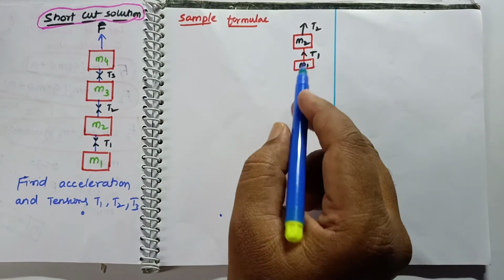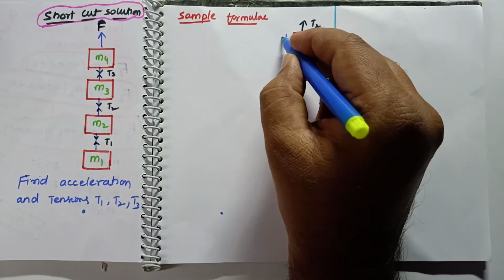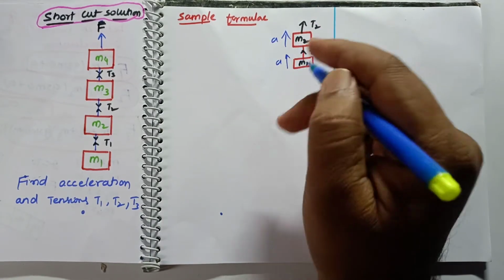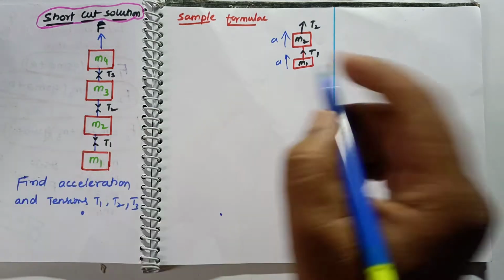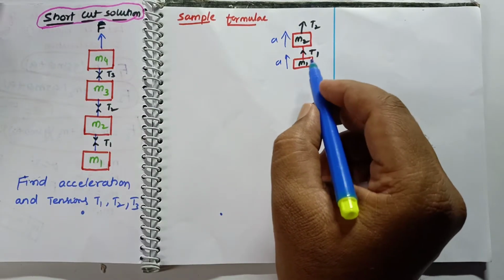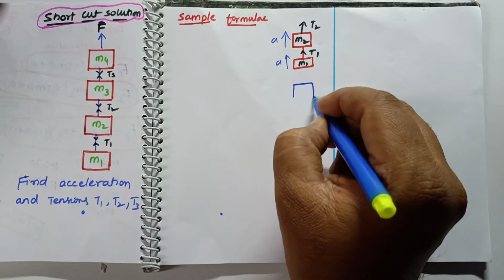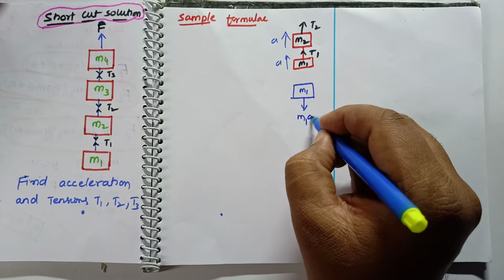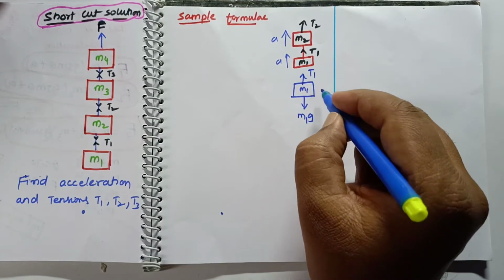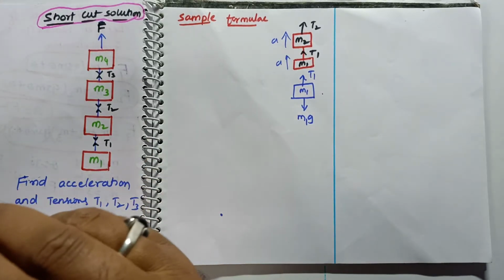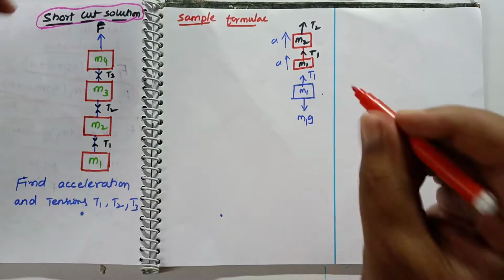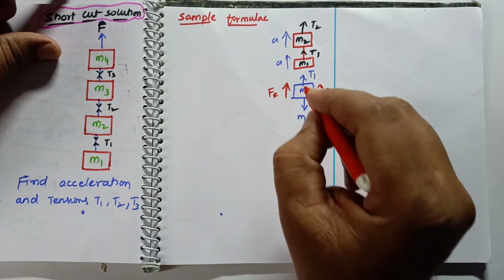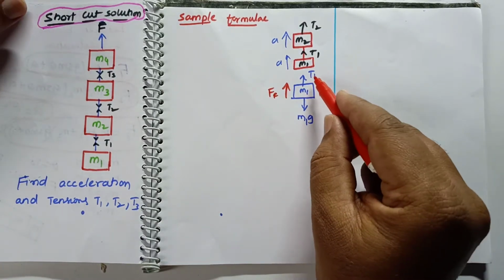So first of all, you need to find out what is an acceleration here, acceleration of the system. Now as both the blocks are moving upwards, acceleration will be always acting upwards here. Let us take a free body diagram for mass m1 here. How many forces are acting? M1g is acting downwards, tension T1 is acting upwards. As tension T1 is acting upwards, resultant acceleration is also upwards, resultant force is also upwards here. So how are you going to find out this tension T1 here?